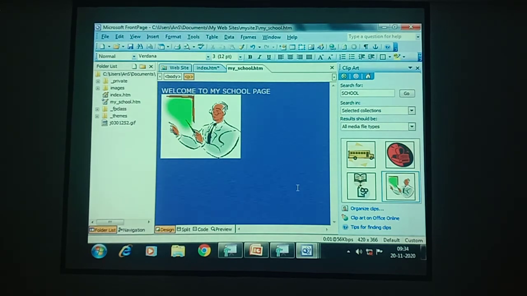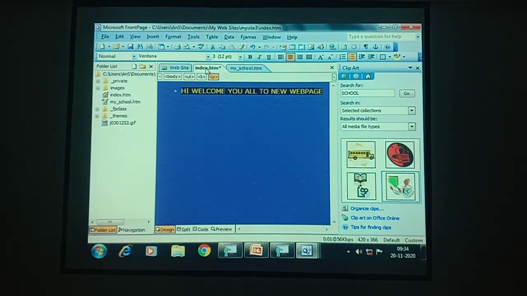For inserting a link, go to the index.html page. In the index.html page, you just highlight. I'm just typing My School also. Here I am going to highlight My School page. You just select My School.